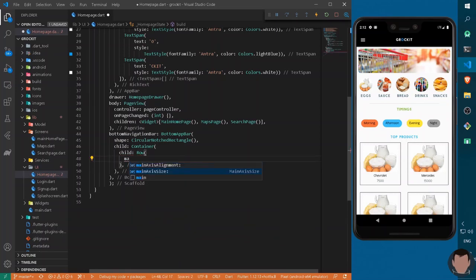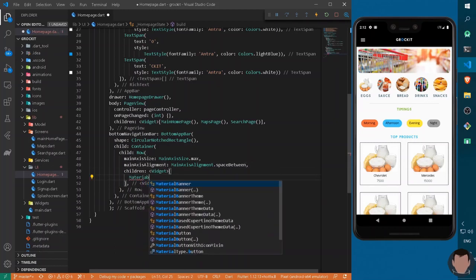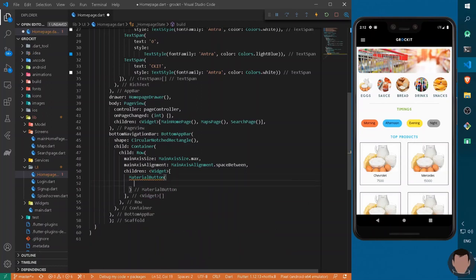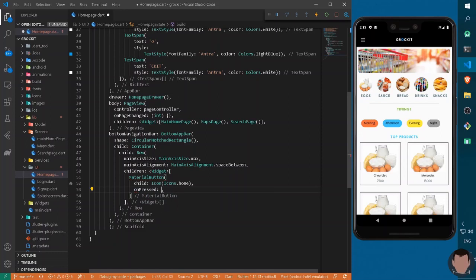Now let's say the main axis size to be main axis size dot max, and also main axis alignment to be main axis alignment dot space between, so that the icons will be managed properly. Now they will have a child of material button, which will have a child of icon, let's say icons.home, and similarly on pressed method, which does nothing for now.